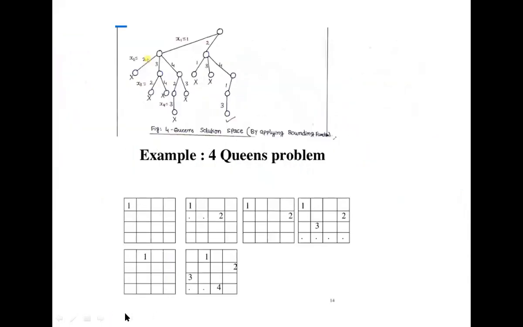Next, after considering the constraints, we remove some nodes using bounding functions. We cannot consider the next one because it violates the constraints, so we cannot move forward to draw the next level. It kills the live nodes. The X indicates that a bounding function applies here, so it does not satisfy our constraint. This is the pictorial representation of the queens problem. See this diagram; we draw it the same way.